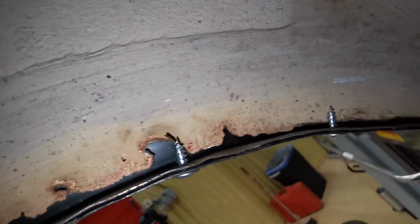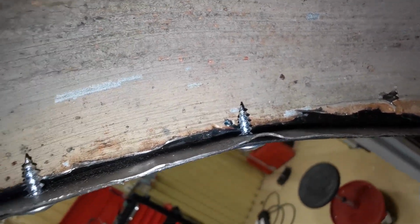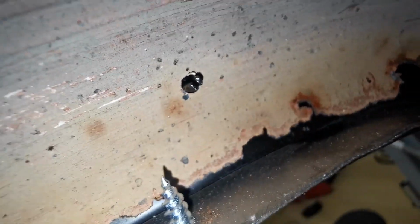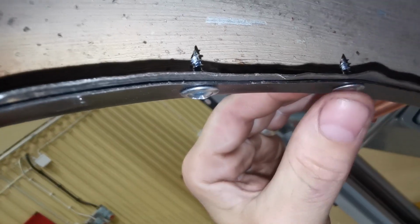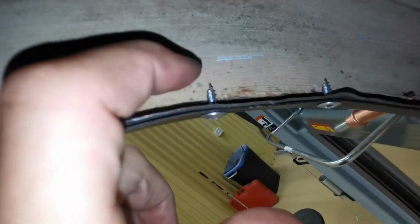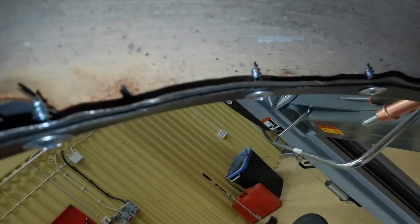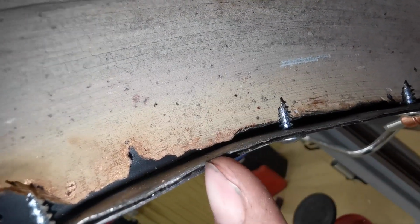pull the gap in fairly tight actually, and it now allows me, I'll try and switch on the light for you, to be able to grind off the back of there, weld it wherever I can, like there for example. I'll be able to weld it in a few spots to hold that piece in place. I'll then be able to release it from these screws, undo all of these screws, leaving this new piece in place, and then I'll be able to replace the bits of the metal on the original wheel arch where it doesn't touch, but places like there I'll be able to weld,